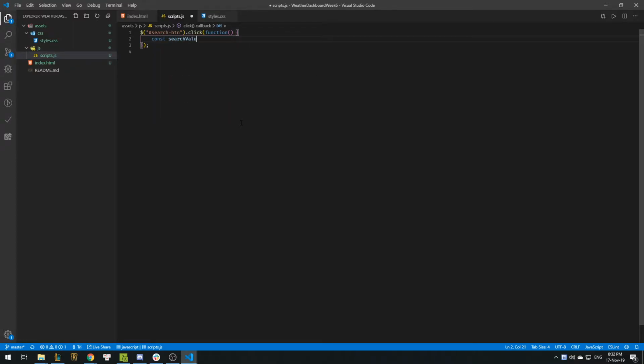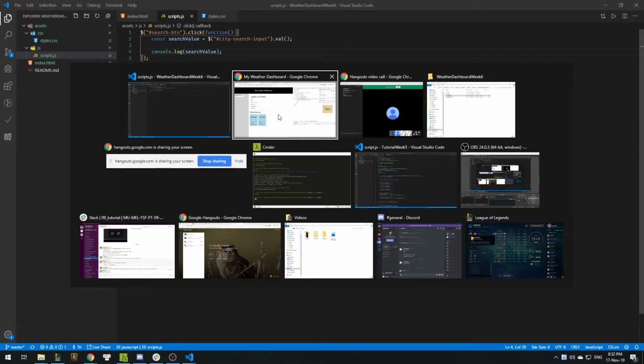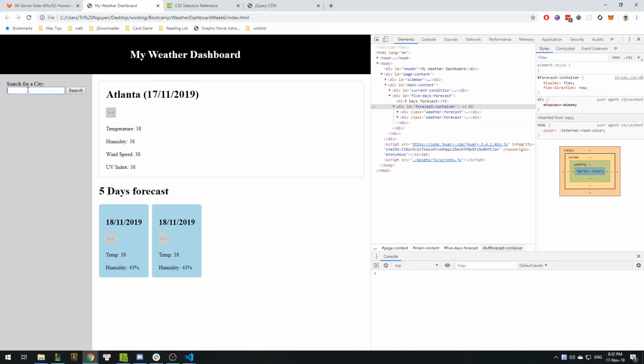Search value would be dot value, and we're just gonna console log that out real quick. So I want to search for Melbourne. Right, so when I hit enter, now you guys cannot see it for sure, but I'm hitting enter,